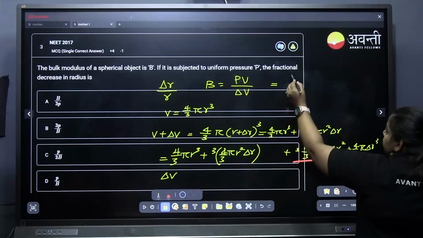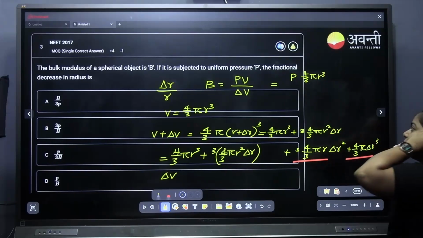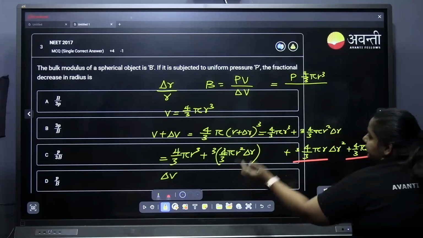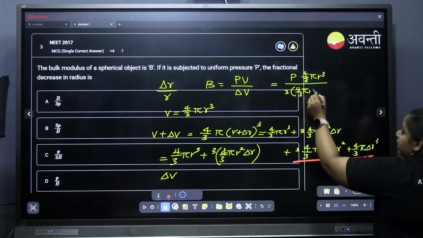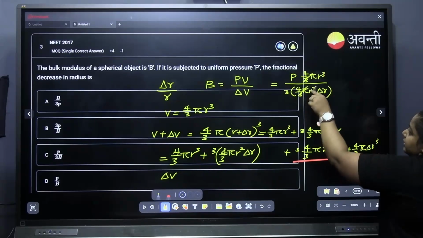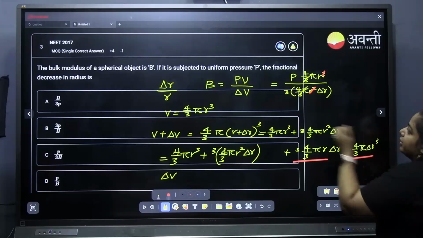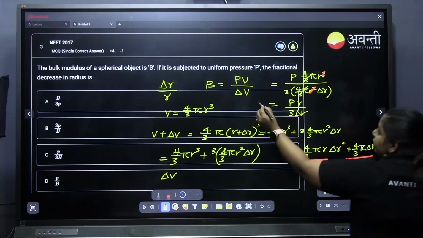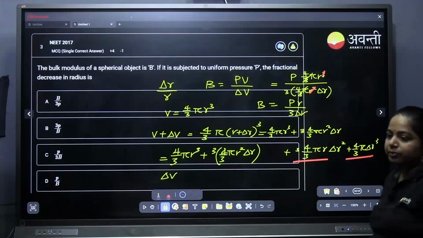Okay, so V equal to 4 by 3 pi R cube, divided by delta V, which is equal to 3 into 4 by 3 pi R square delta R. So 4 by 3 pi cancels, R square and this cube cancel. We will have P R by 3 delta R equal to B. We have to find delta R by R. So that is equal to,